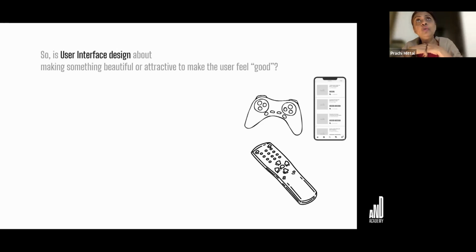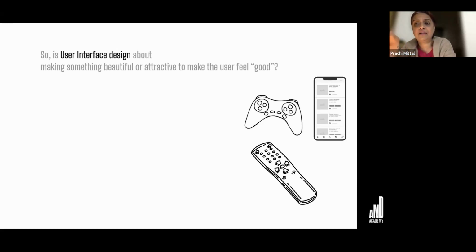Or if I want to, my TV has this feature where it will adapt its brightness to suit the ambient lighting in my room. It has this feature, and I want to now switch it on. How can I switch it on? I'm going to switch it on through my remote, and through the screen of my TV, whatever it is showing me. Now, if it is difficult for me to locate which one I should press so that